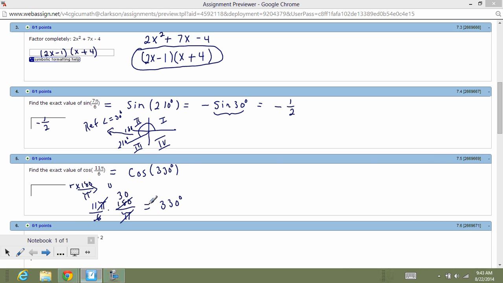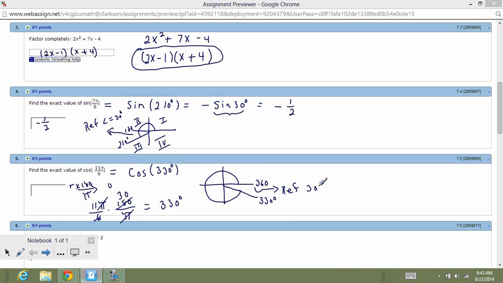So if you can work just in radians, that's great. But if you feel the need to convert it to degrees, that's acceptable as well. Now, just to give us a little rendering of this situation, 330 degrees starting in the initial side on the positive side of the x-axis. This would be 90 degrees, 180 degrees, 270 degrees, and 330 degrees is going to be just short of one full rotation. So that would be 330 degrees. You always reference to the horizontal, and the horizontal is the 0 degrees, or 360 degrees as a full rotation. So your reference angle in here